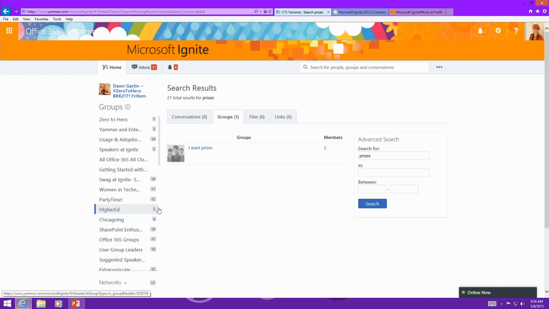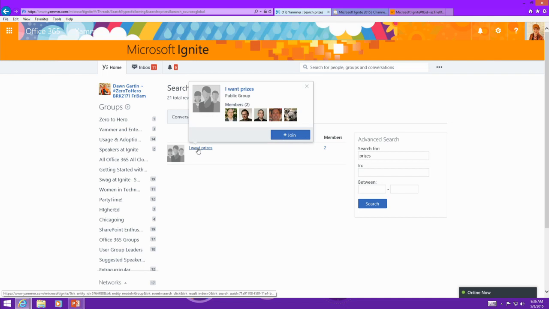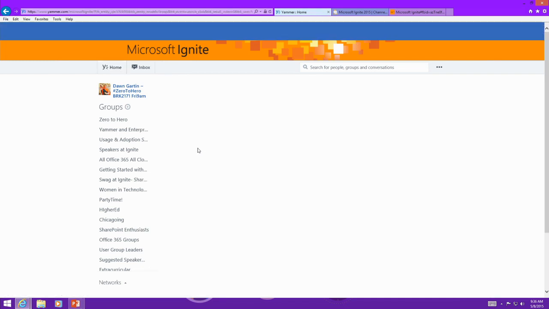But within multiple networks, we'll probably get into external networks, maybe not. But if you create external networks, you cannot have HR throughout those, because then it falls under your network. So I found this group just by searching for "prize" in the search bar. The search is really pretty good. I'm going to show you another feature of search in just one second. So it is a hyperlink. I'm going to click right on it.